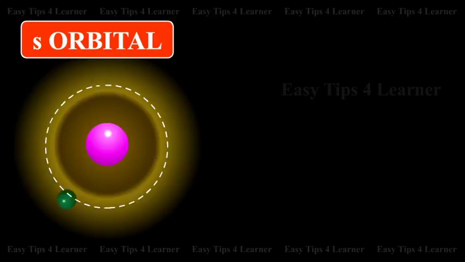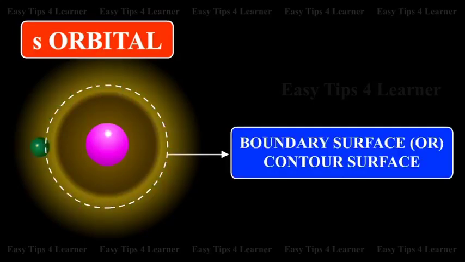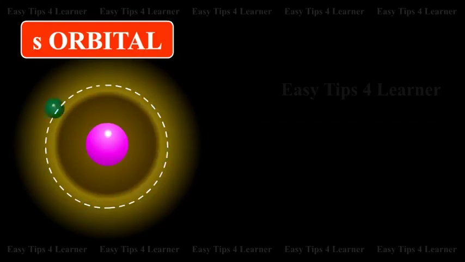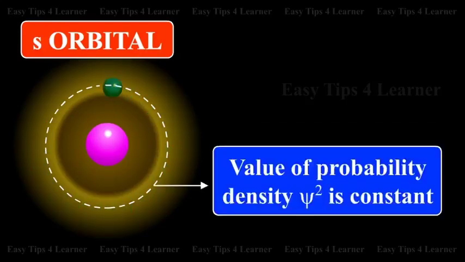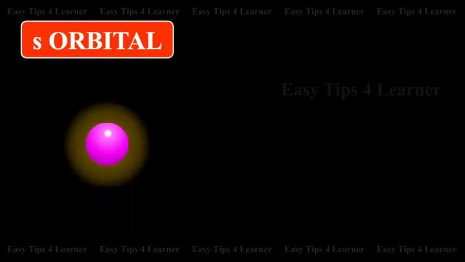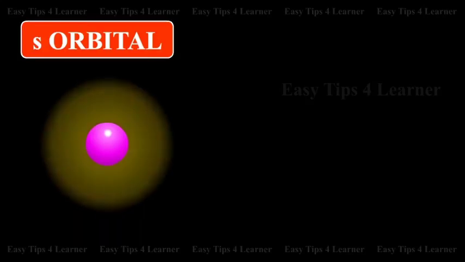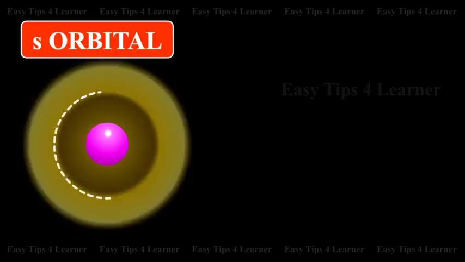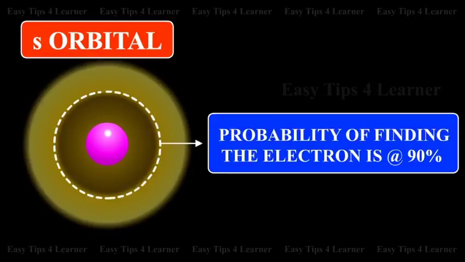In this representation, a boundary surface or contour surface is drawn in space for an orbital on which the value of the probability density, psi square, is constant. In principle, many such boundary surfaces are possible. However, for a given orbital, only that boundary surface diagram of constant probability density is taken to be a good representation of the shape of the orbital which includes a region of volume in which the probability of finding the